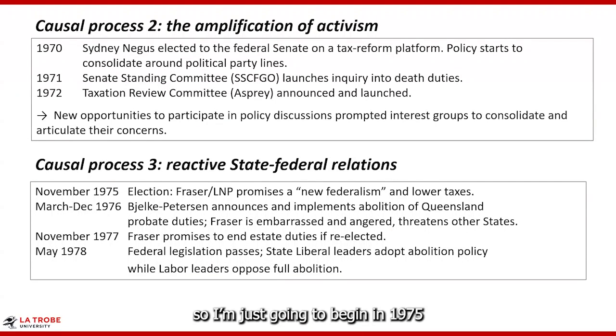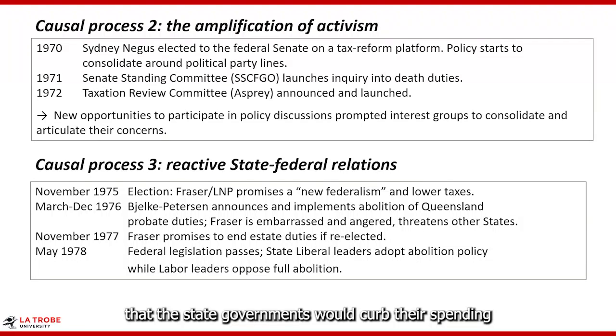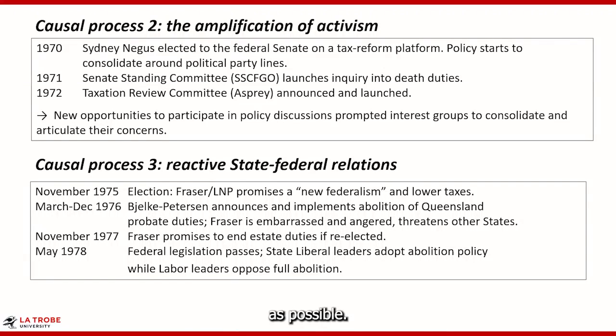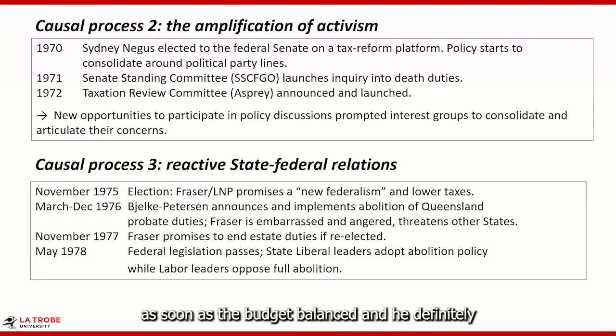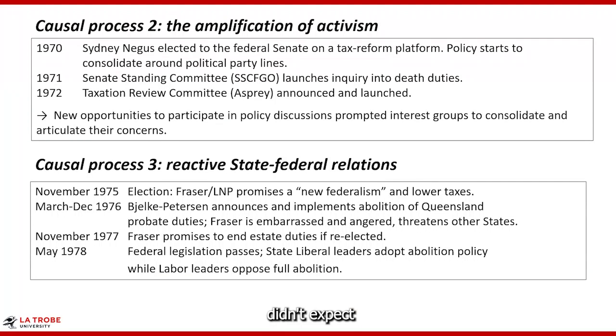So I'm just going to begin in 1975 with the new Fraser government and the idea of this new federalism. Promises of smaller government and lower taxes, accompanied by an austerity budget and a very firm expectation that the state governments would limit their spending and raise as much of their own revenue as possible. So according to what I've seen in the archives, I think it is very highly likely that Fraser actually intended to abolish the state duties as soon as the budget was, and he definitely didn't expect that the state governments